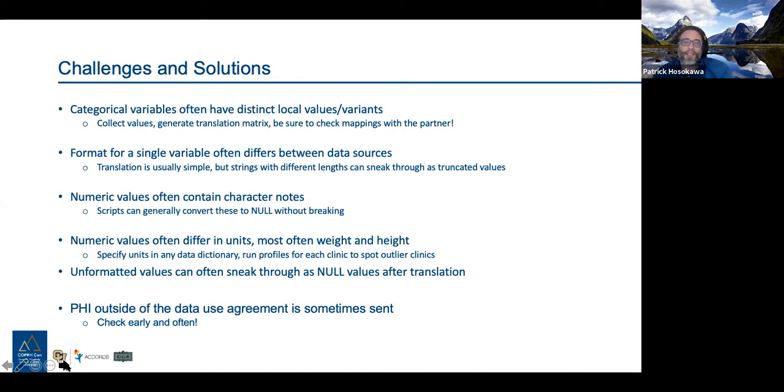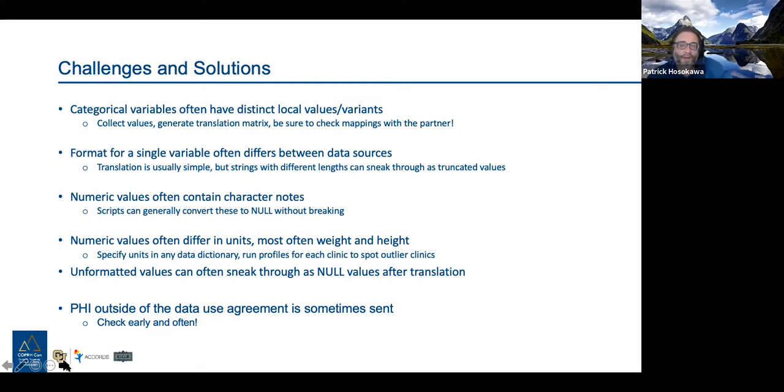This is probably the biggest single time sink we see with some of these. Yes, for a numeric value, say albumin, you'll get values like 1.2, 1.5, but you'll also get values like didn't test today, NA, less than 2, greater than 5, range 3 to 5. Those will come through as characters. If you're not careful about how you read that in, they'll basically just come through most processes as null. And if you don't have warnings up, you may never know. You'll just have null values because they put that stuff in there.